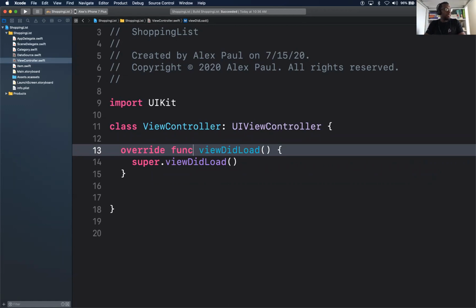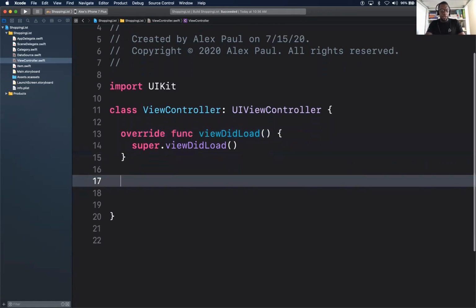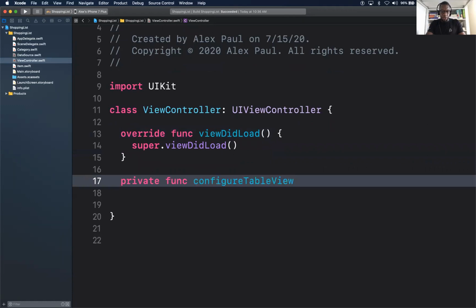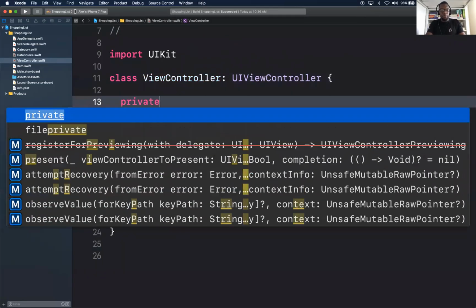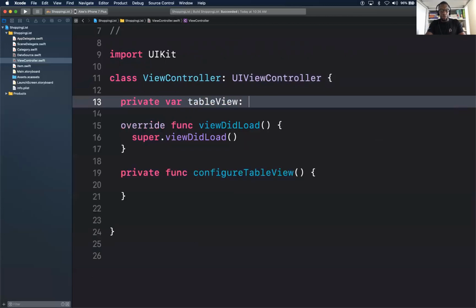Okay, so let us continue. What is the next step here? It says configure table view. Okay, let's do that in code, same as we did last time. We'll write a private function here, configureTableView. And, well, we don't have a table view yet, so get a table view.